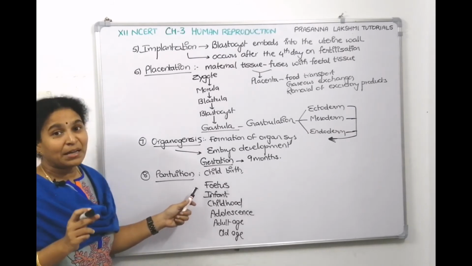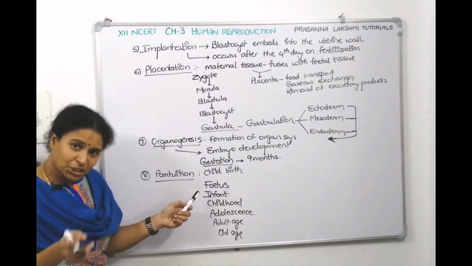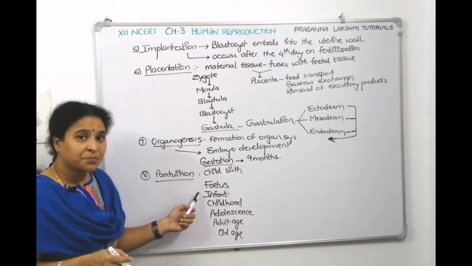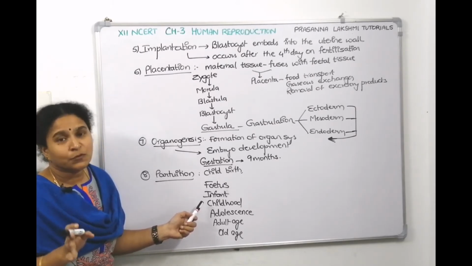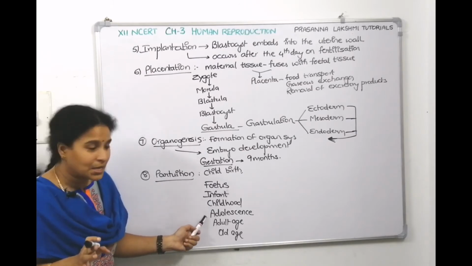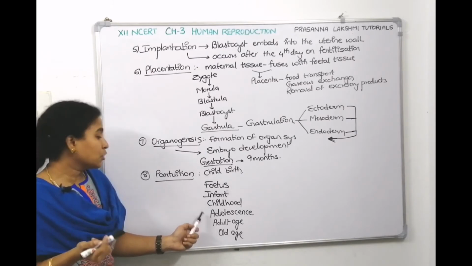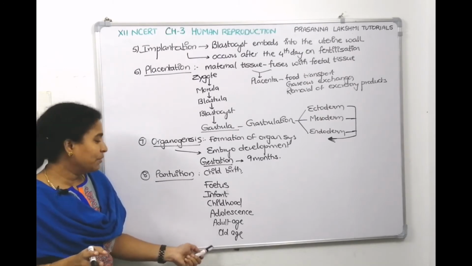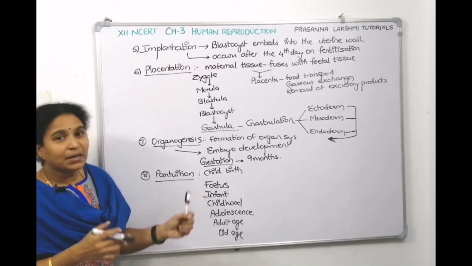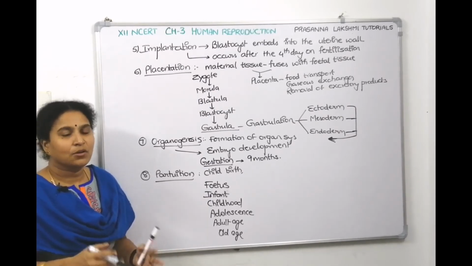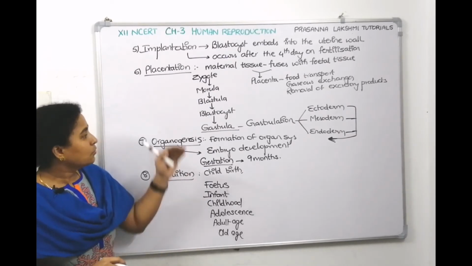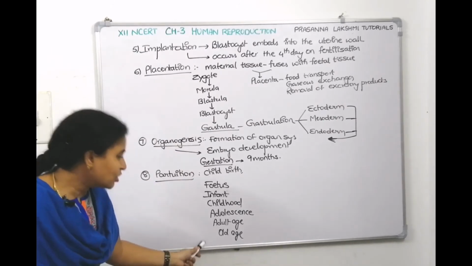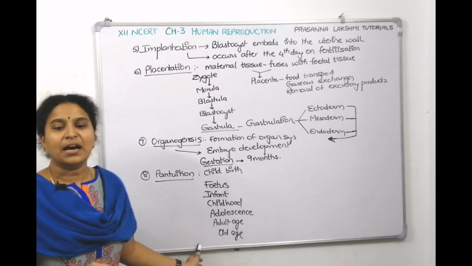When we are inside our mother's womb, it's the fetal stage. When we are just born, infant stage. Afterwards, when we are in schooling, that's the childhood stage. When we reach the age of puberty, 13 years, 14 years, that's called adolescence age, puberty age. After that, when we grow up, that's adult age. After that, when we become old, that's old age. It leads to death finally, right? So when birth is natural, death also is there. No organisms are immortal. So these are the phases of reproduction and these are the stages in our life cycle.